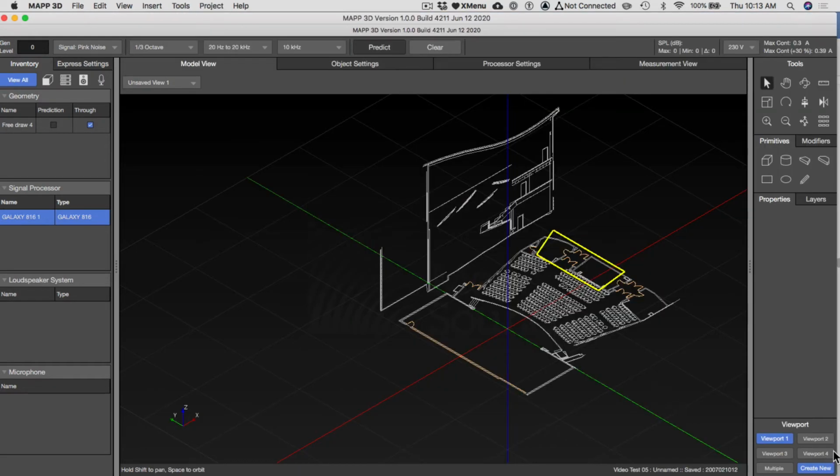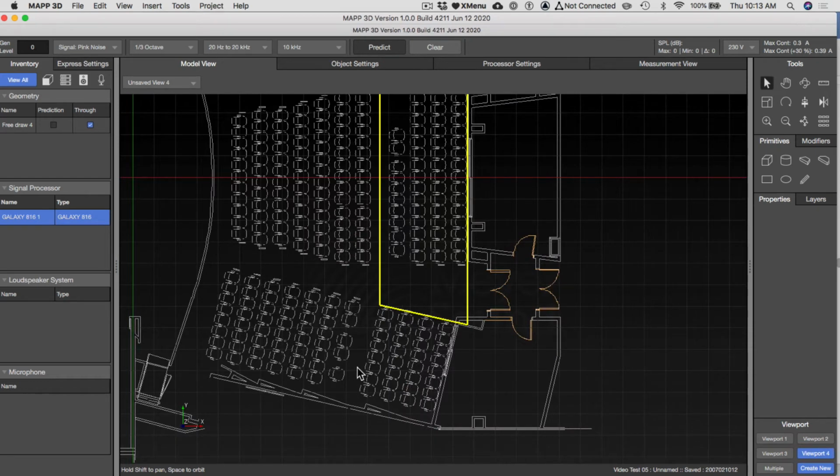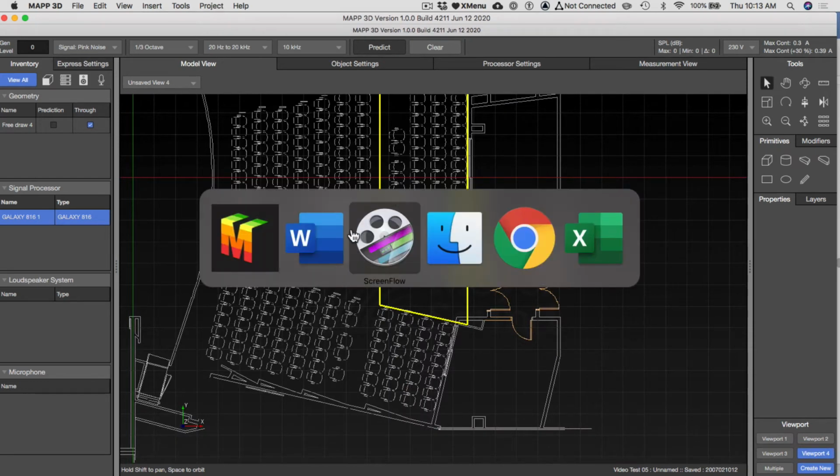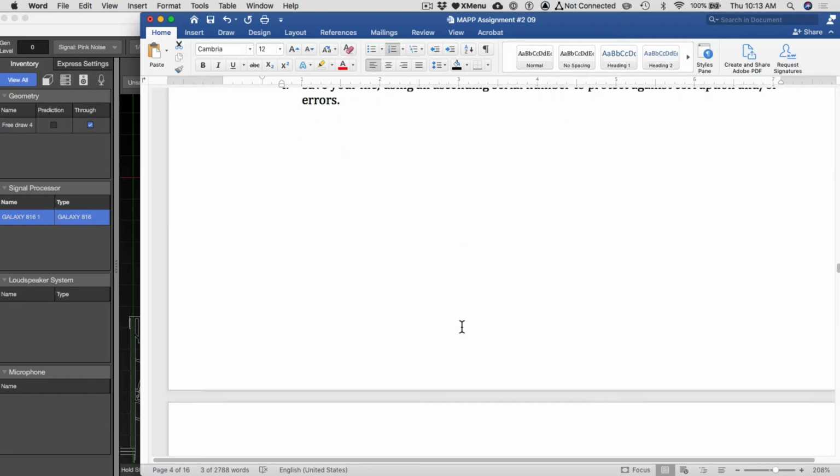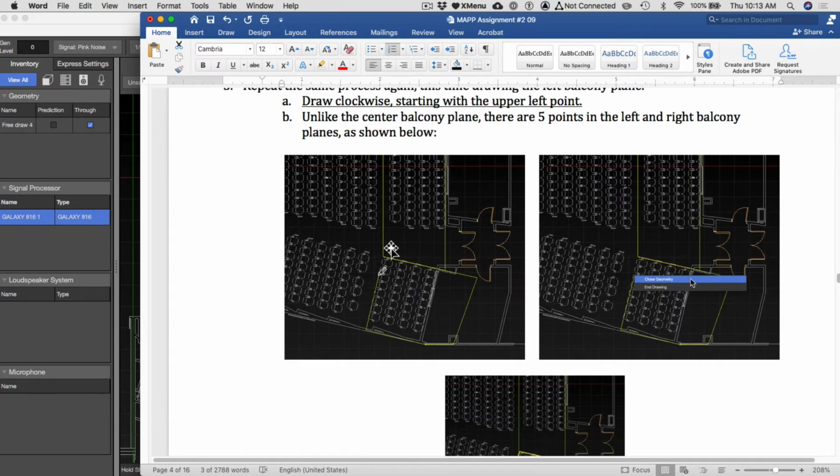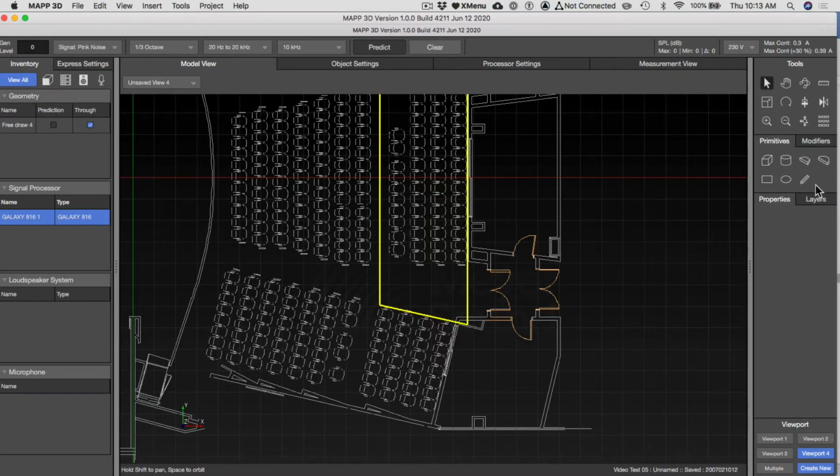Let's go back to viewport 4 and look at it top down, and let's draw over here now. This is actually a 5-point shape: 1, 2, 3, 4, 5. So we're going to draw that. Of course, it does not have to be precise. So we're going to arrow,